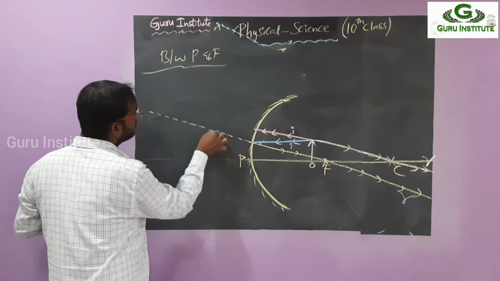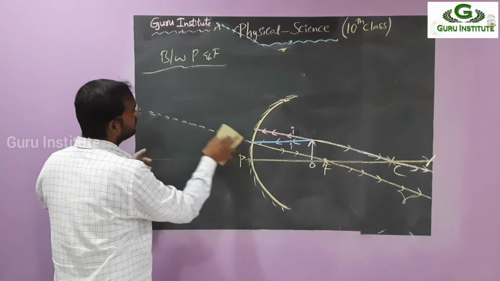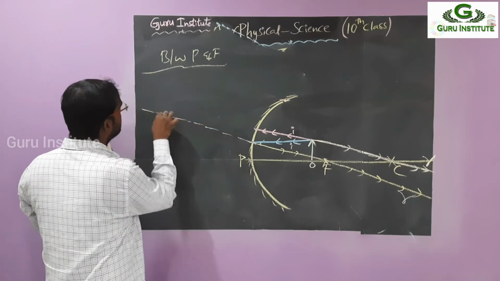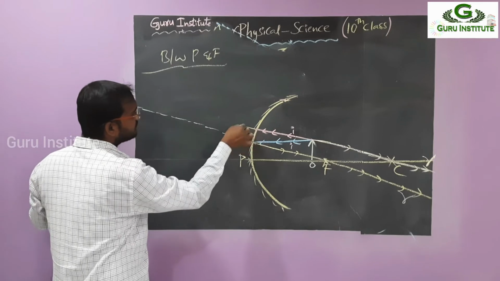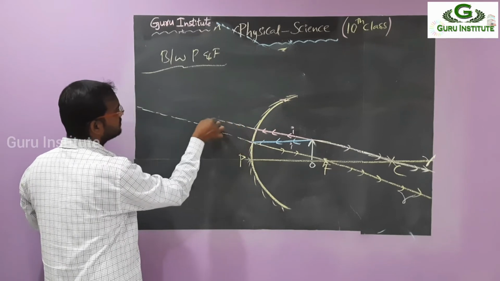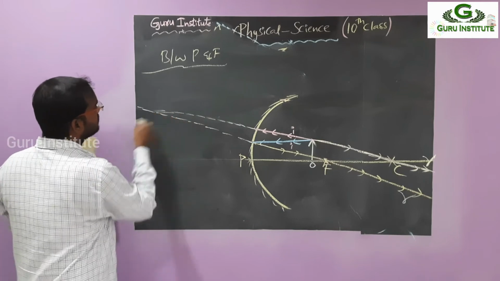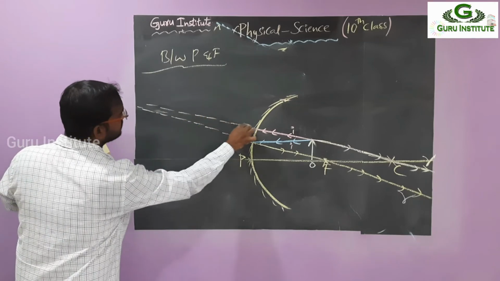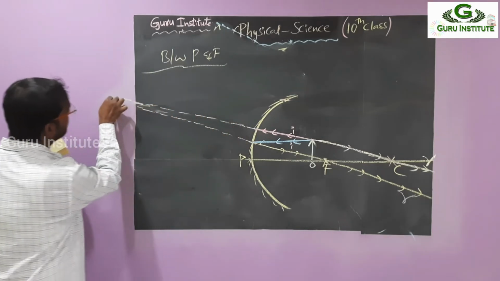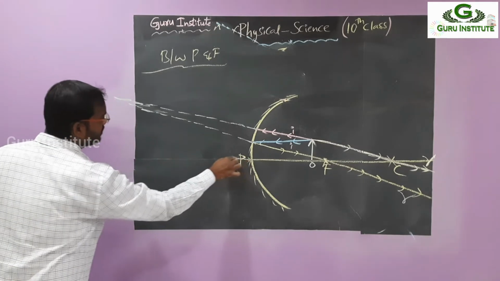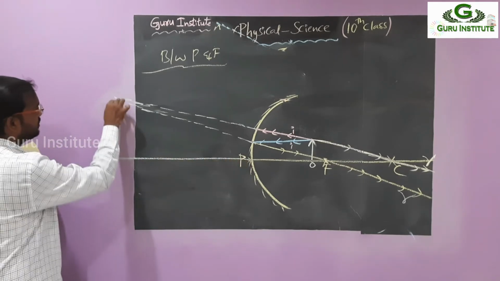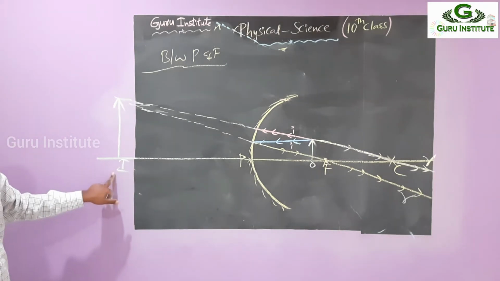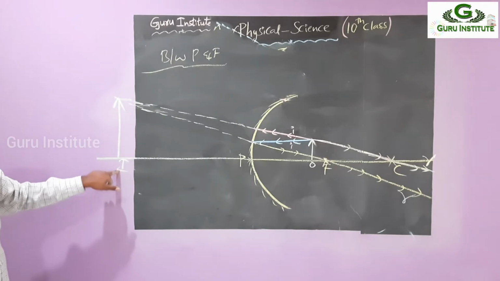By using a scale, you can draw it directly. So I am extending this one. Okay, right? So this is the extension. Here also I am taking the extension. So where do they meet? Here somewhere they meet. Coming to this one, they meet here. Again the same, here they meet. It is clear. So here they meet at I.